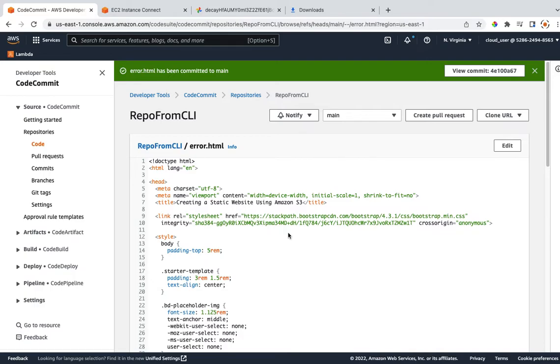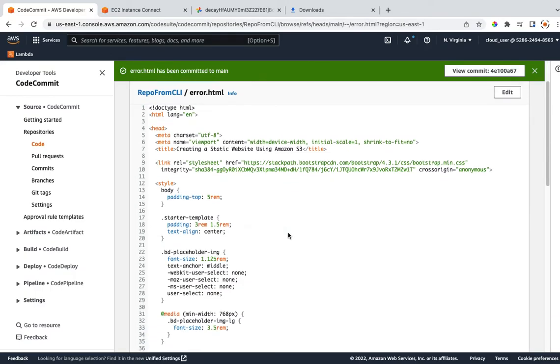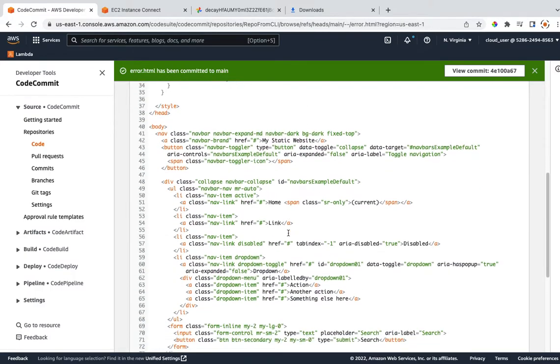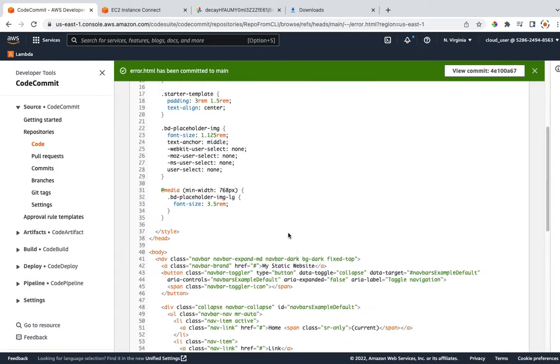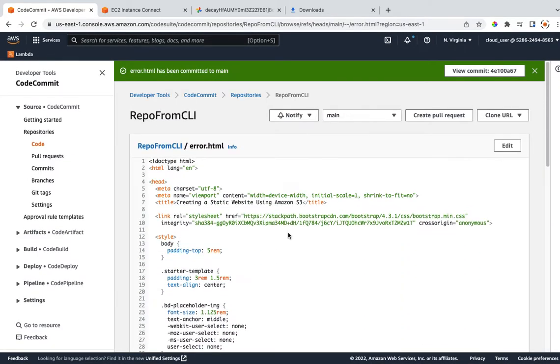So we can see it has been committed, and then this is it. So this is the HTML error.html file. The next thing for us to do, we're going to go back to our terminal